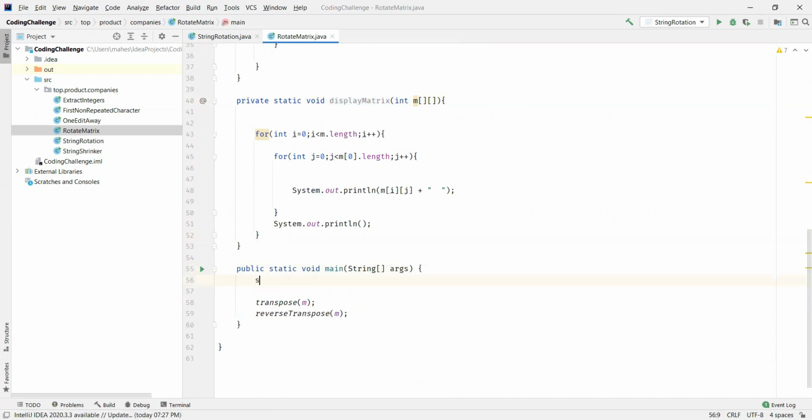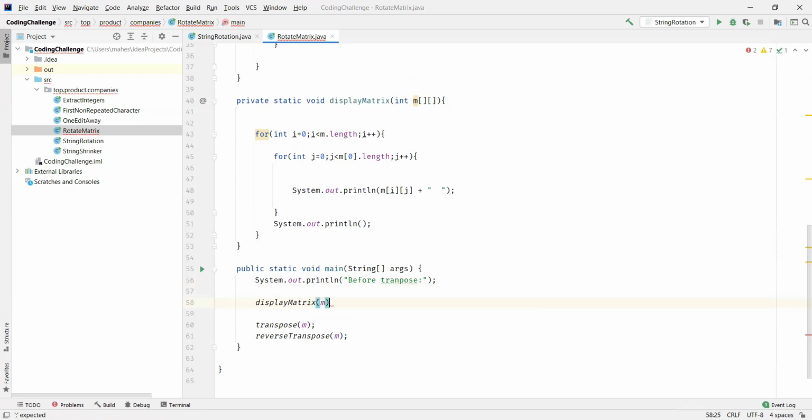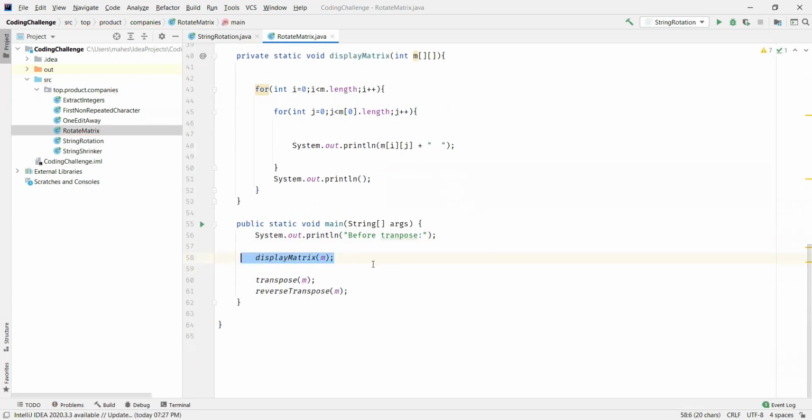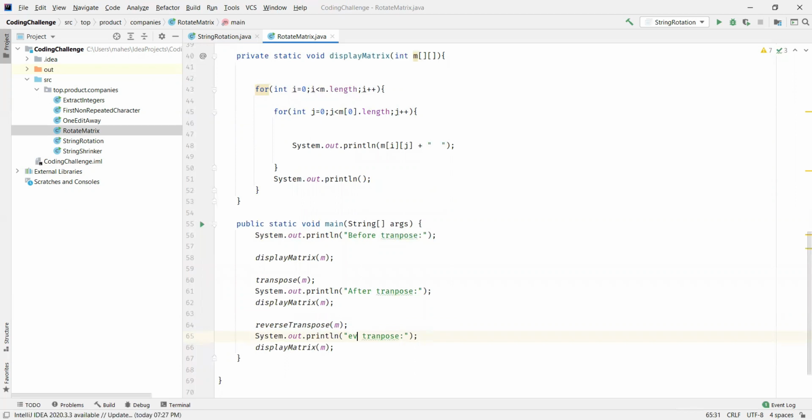So what we'll do is we'll just say before transpose the matrix is, we are going to display the matrix, and then after transpose, we'll display the matrix again, right? And then we will also display the matrix once it is reversed. So I'll just say reverse transpose.